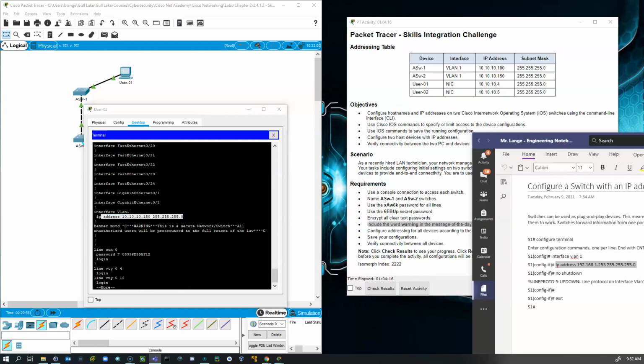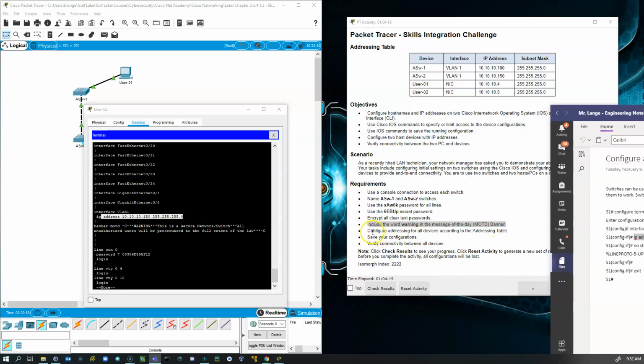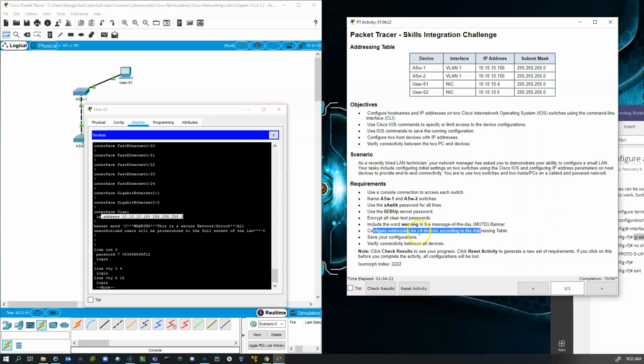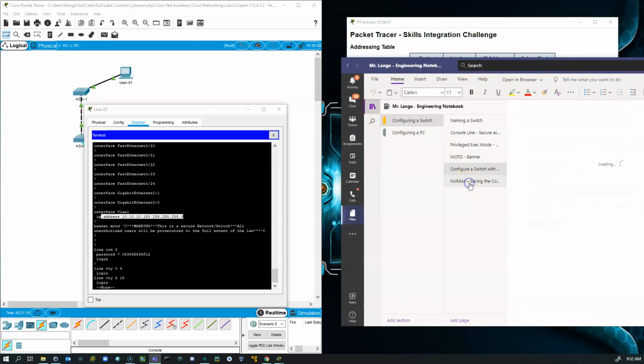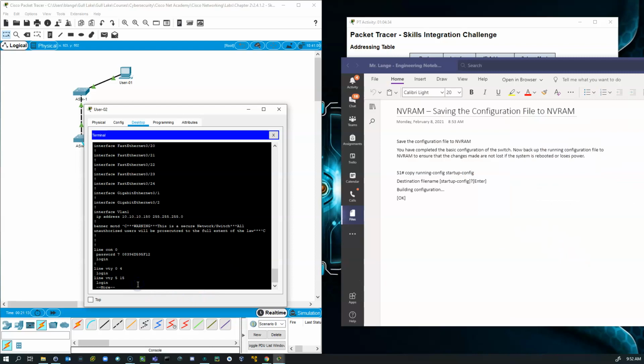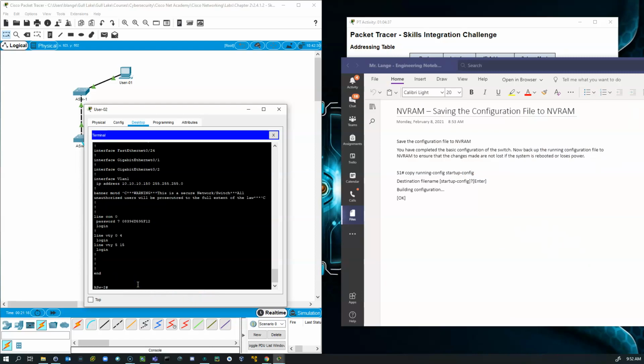All right. So I want to save that to the RAM. So configure addressing for all devices. I'll come back. I have to configure that IP for the computer, but I want to save my configuration to the RAM. Very important. So I'm going to go to my engineering notebook and go to my NVRAM, and I am going to do this feature here, going to my copy, running-config, spacebar, startup-config. And I'm just going to double check myself real quick: copy running-config